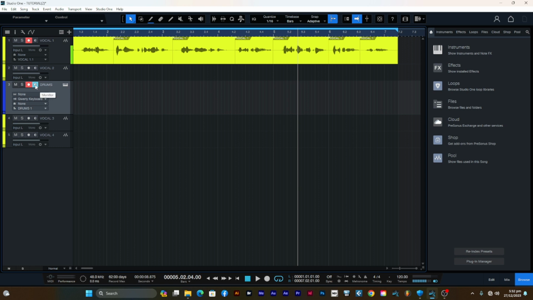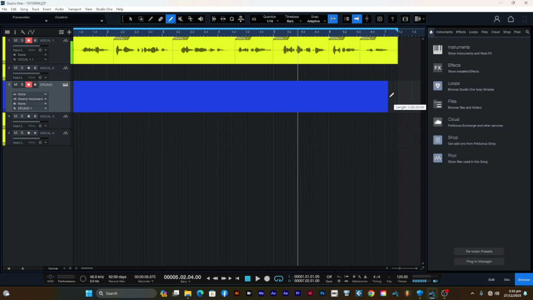Let's just press this to get rid of the monitor, and let me show you how you can record a drum. Now let's utilize this paint tool. You put it where you want to start your drums, then you drag up to where you want it to be, right here. Okay, let's mute this one, the first vocal that you've recorded, and after this let me show you how you